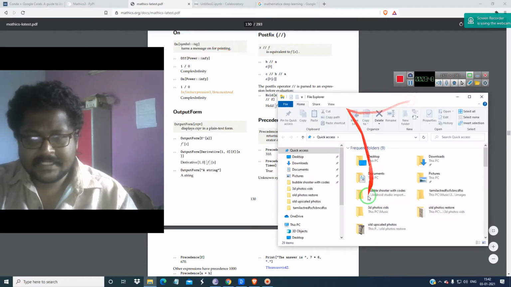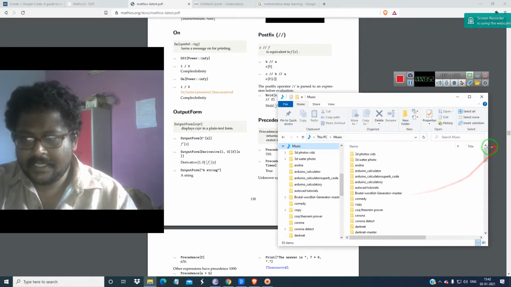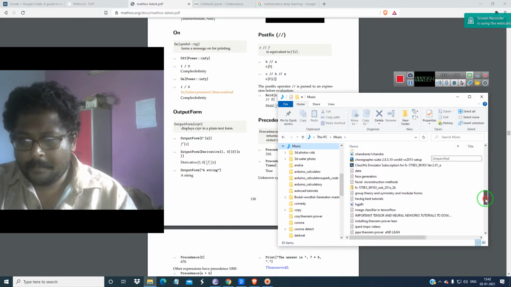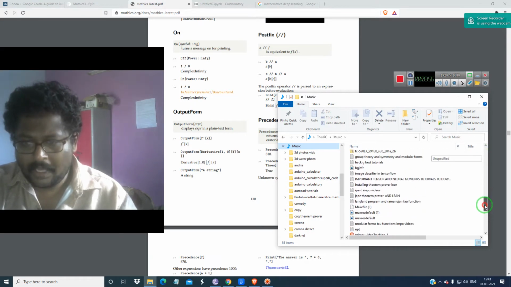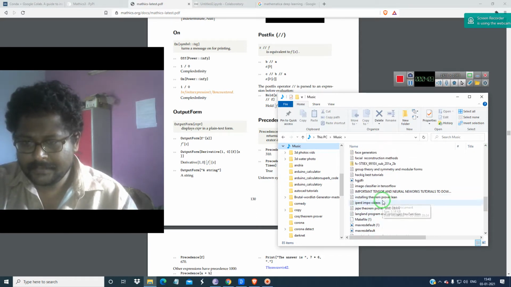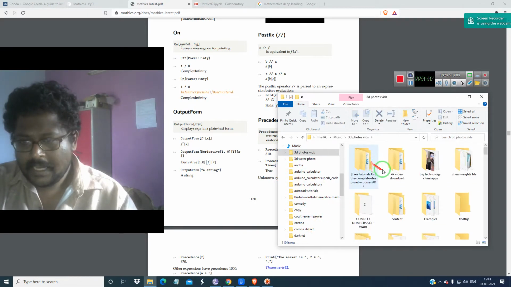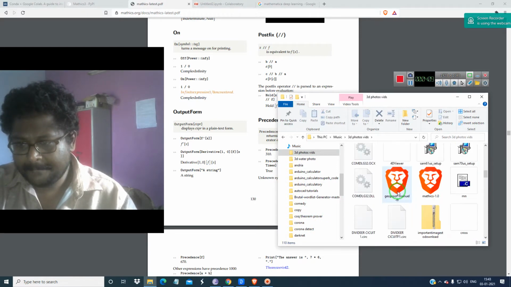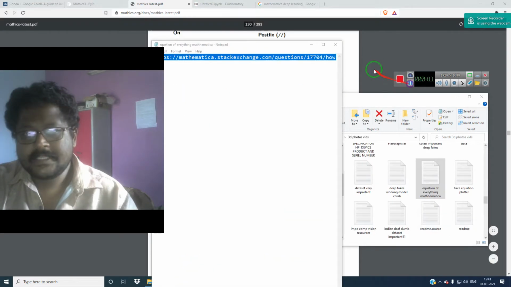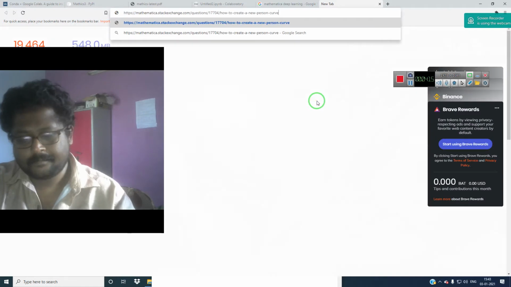On this site, when I got to see this, I actually tried to publish it. This is Mathematica code that is available. Now where is it? I don't know where to get it. Oh, it is in the music, in the 3D photos, and in, wait a minute, this equation of everything. I will give you all these websites.